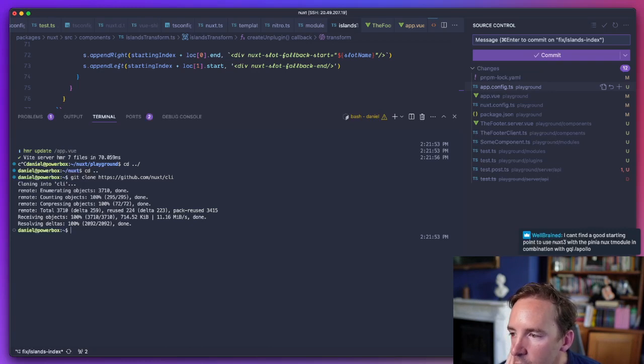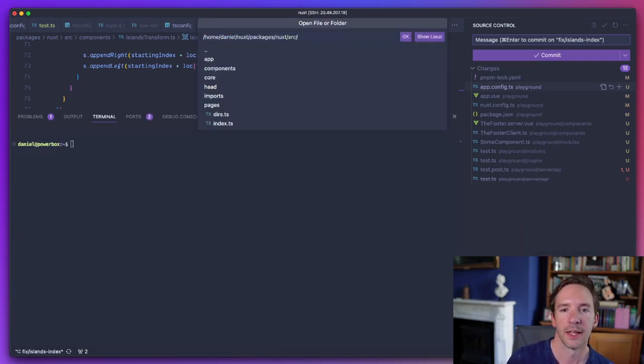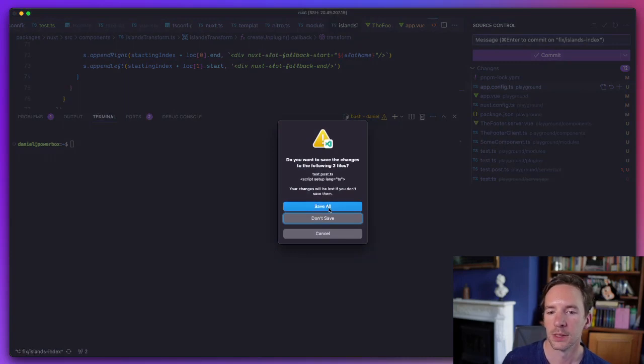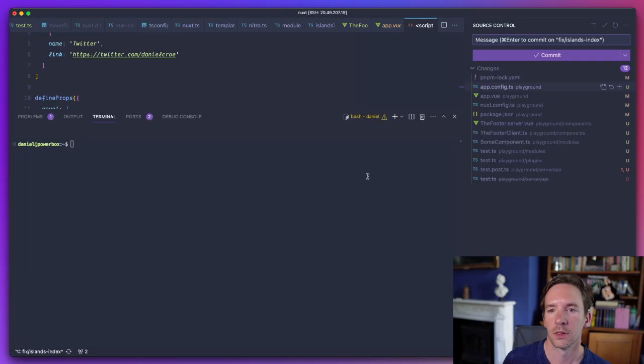So your question is a good starting point to use Nuxt with the Pinia Nuxt module in combination with GraphQL Apollo. This feels like a complex question, in all honesty. Okay, let's open CLI. Oh, don't want to save it.